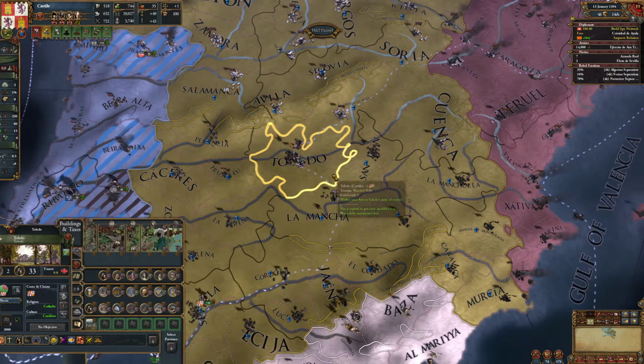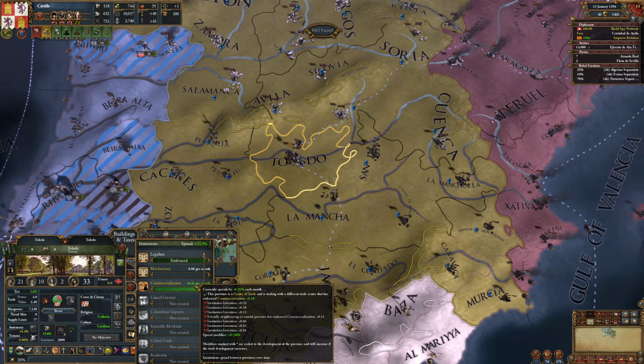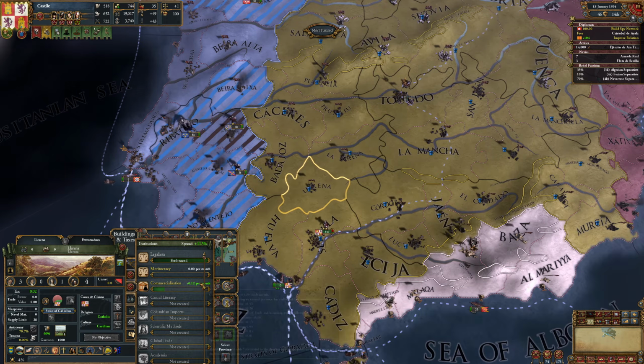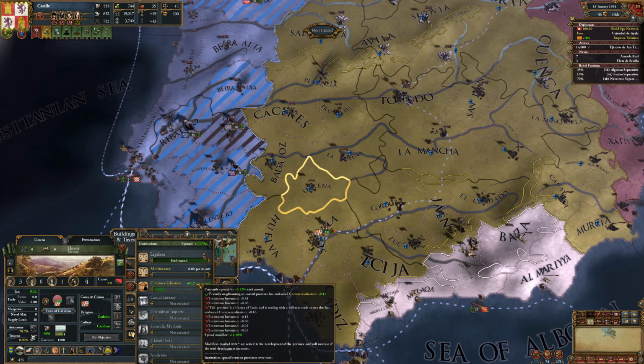Then, once it's spreading into a province, you can click onto it just as normal and go here and see the value of why it's spreading there. Right now it's spreading here because it's a center of trade and it's trading with a different center of trade that has embraced commercialism. Nice and simple. And then you also have the friendly spread from provinces that are nearby an owned province. So Seville has it, which means it's spreading to here.